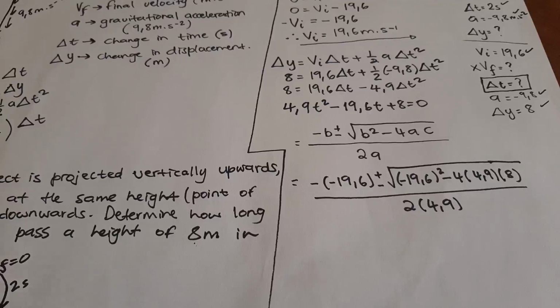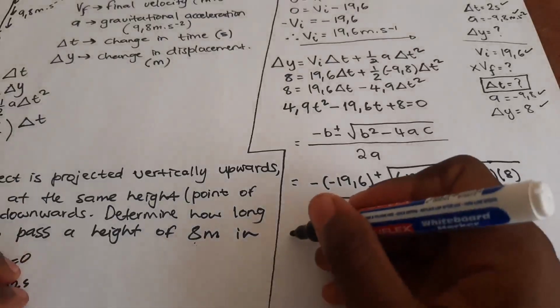Okay, let's check 19,6 squared, minus there, negative. Okay, so the answer is